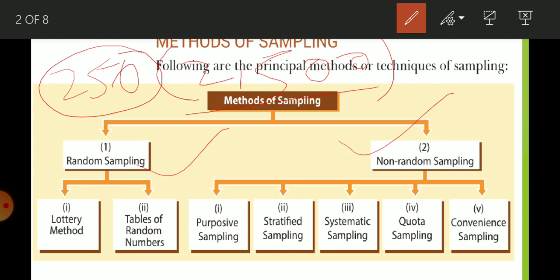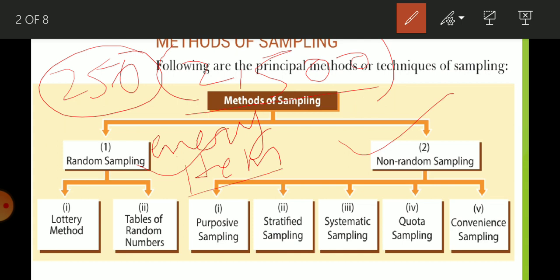Random sampling is the method in which every item gets an equal chance to be selected. In non-random sampling, the investigator herself or himself knowingly selects the items, meaning everyone does not get a proper equal chance to be selected. So this is non-random sampling.